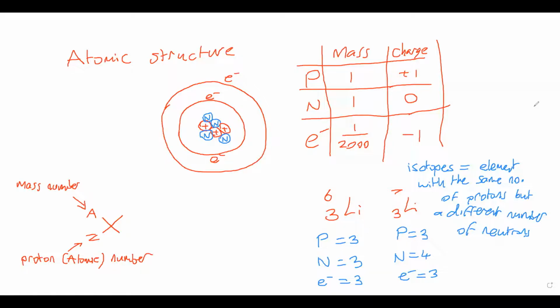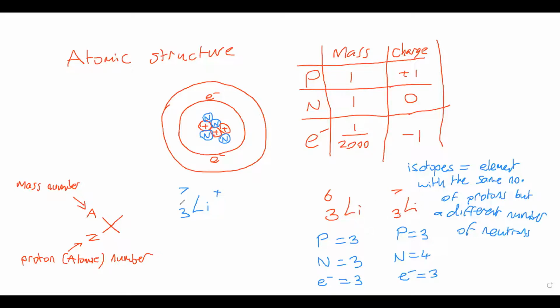Now, obviously, because neutrons are neutral, we've not affected the charge at all. This is if we change the number of electrons. So now we'll form an ion of lithium. If we remove this electron here, we are now missing one of our negative charges. So that means that when we draw this lithium out, we're going to have to draw it as lithium plus. That's because we've still got 3 protons as it's lithium. You can see here we have 4 neutrons, so that makes us up to a total mass of 7. So we're with the lithium-7